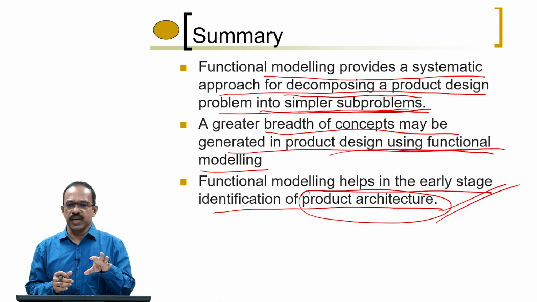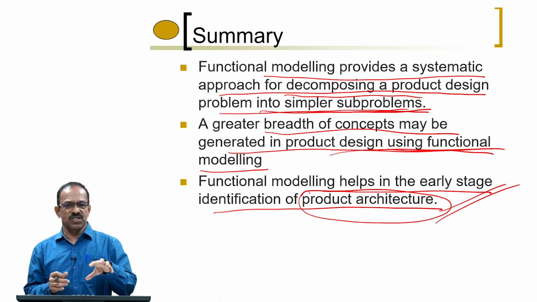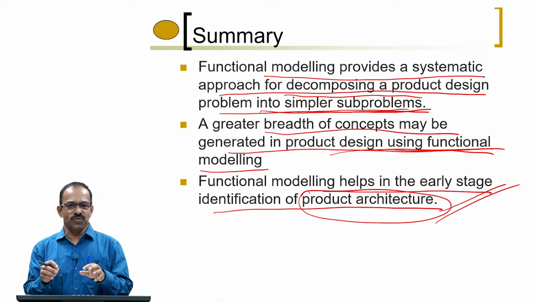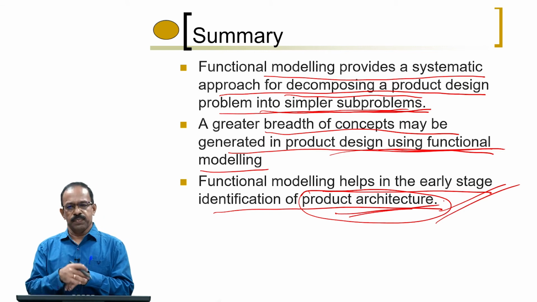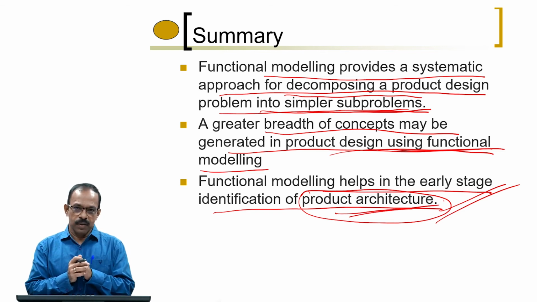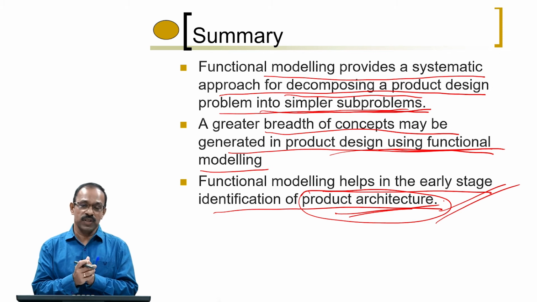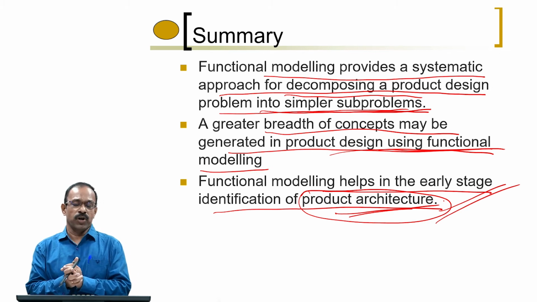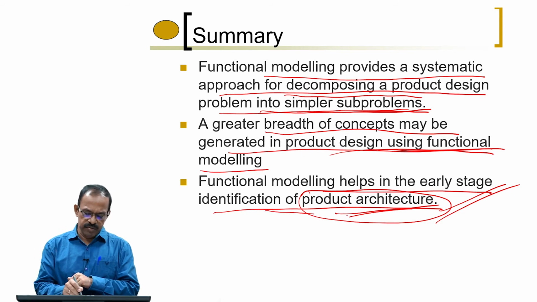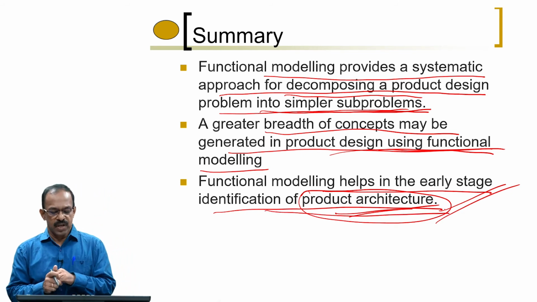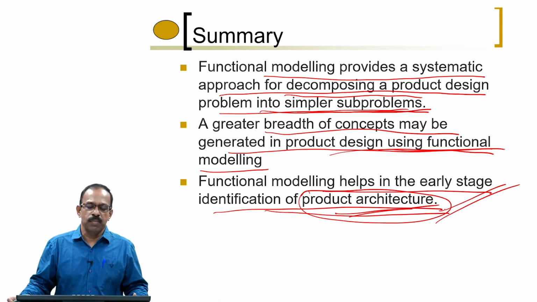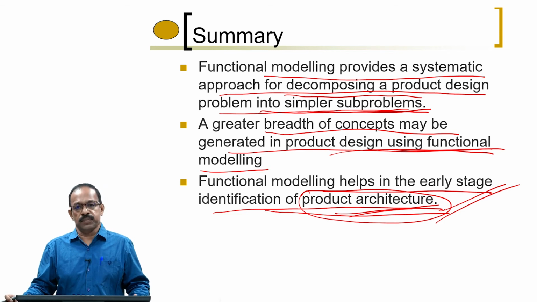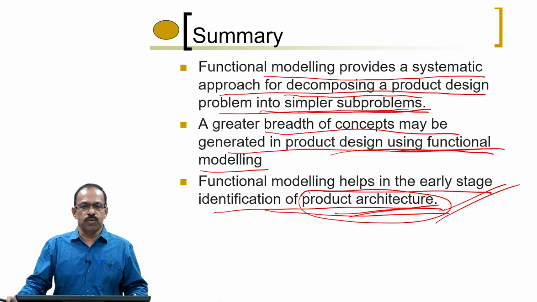So, once you have the functional decomposition, you know what functions are needed, and there will be many things common to some of these functions. So, probably we can arrange them properly, so that we will get a proper architecture. One of the requirements of functional decomposition in product design is to have an early identification of the architecture of a product. We will be discussing this in the next chapter, which will be on the design of product architecture. Okay, so, that completes the discussion on functional decomposition.